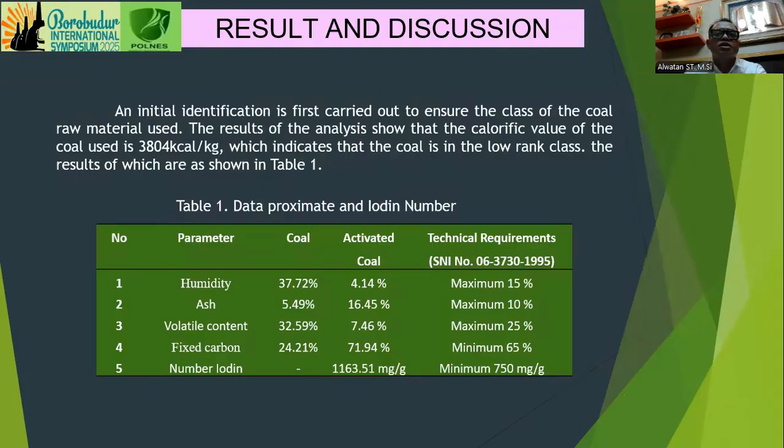Result and discussion. An initial investigation is first carried out to ensure the class of the core raw material used. The result of the analysis showed that the calorie value of the coal used is 3,804 kilocalories per kilogram, which indicates the coal is in the low rank class. As shown in table 1, we can see the iodine number of the activated coal is higher than the standard requirement minimum